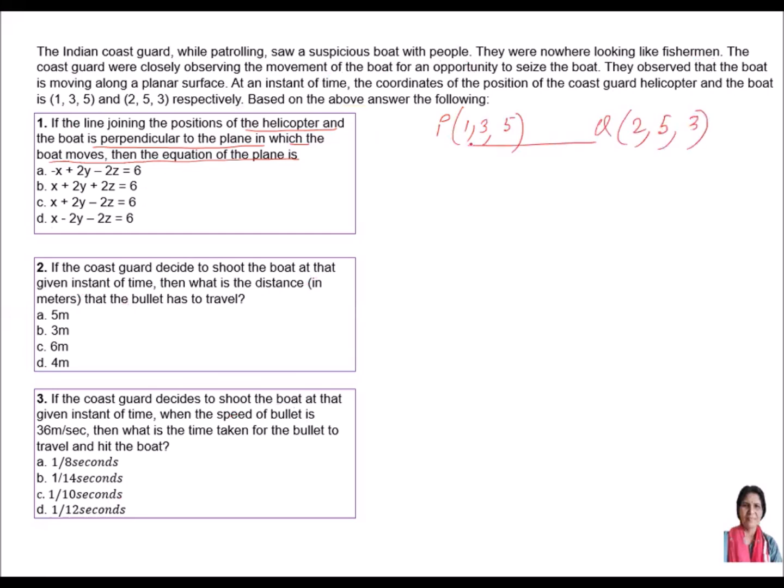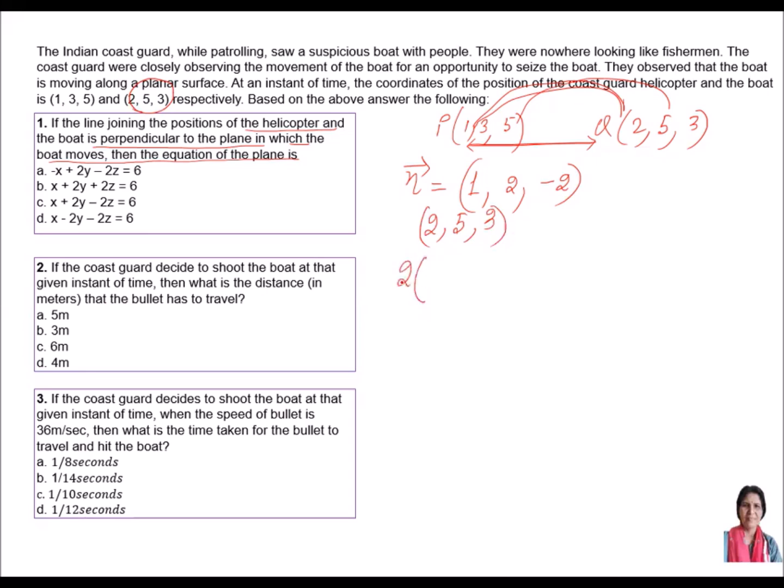So this is the normal to the plane. So what is the direction ratio? Direction ratio is 2 minus 1, 5 minus 3, and 3 minus 5. So this is the normal to the plane. And the plane is passing through the point of the boat, that is 2, 5, 3. So what is the equation of the plane? It will be